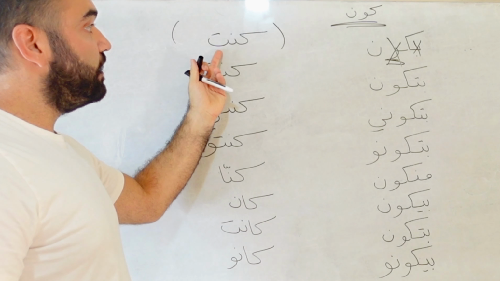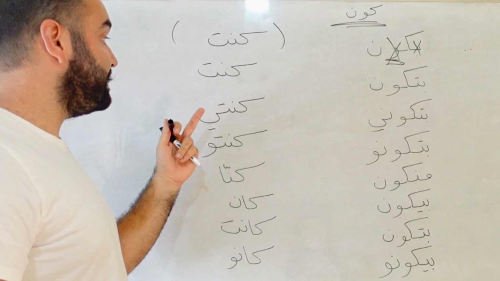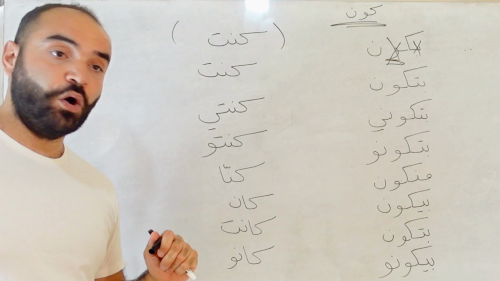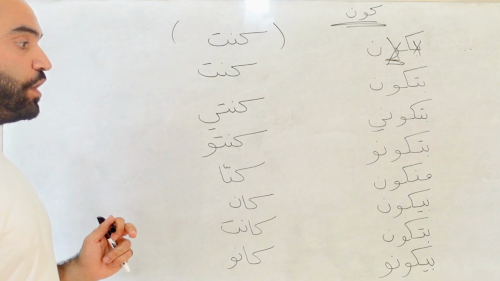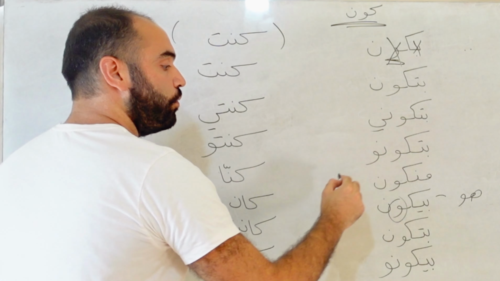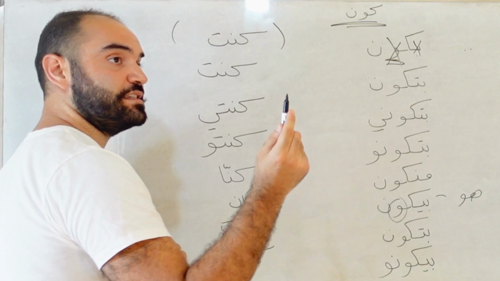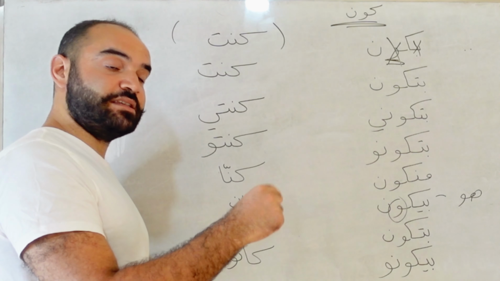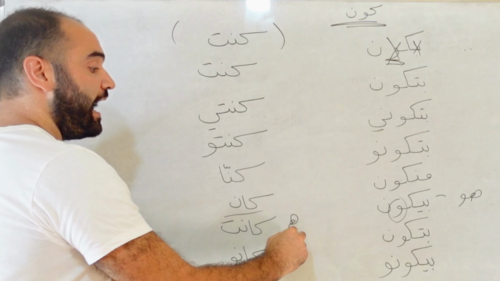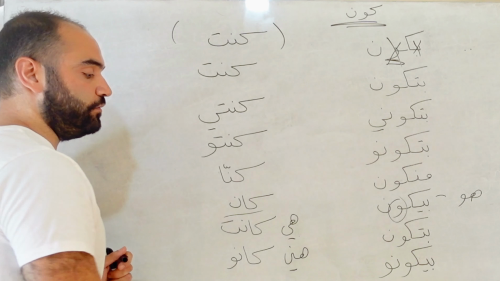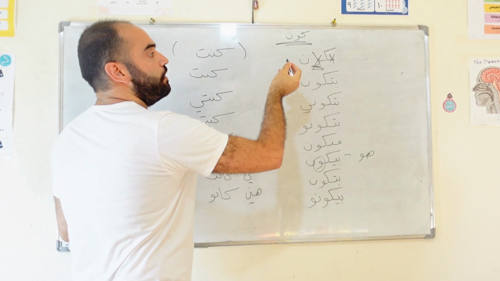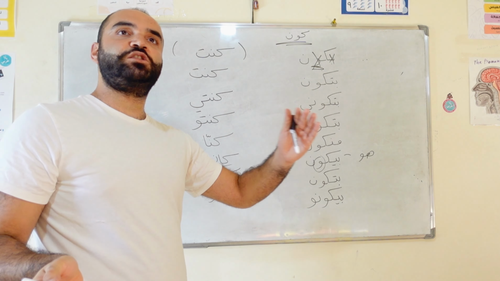So كنت, أنت كنت, أنتي كنتي, أنتو كنتو, نحنا كنا, هو كان, because we said for هو the wow becomes an a. If there is a wow or ye, it becomes an a, that's why كان, he was, هي كانت, هن كان. تمام؟